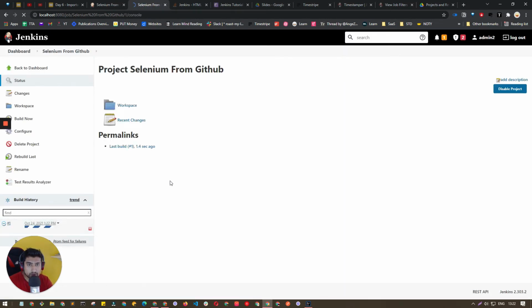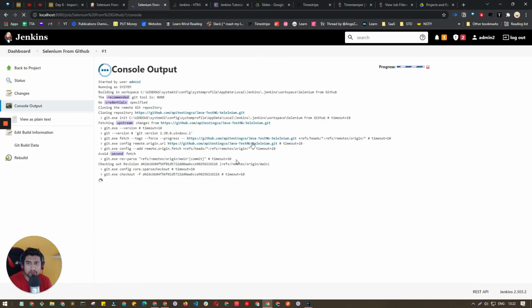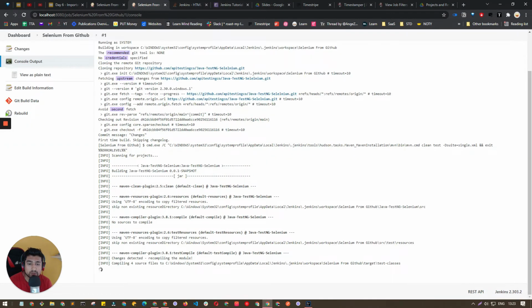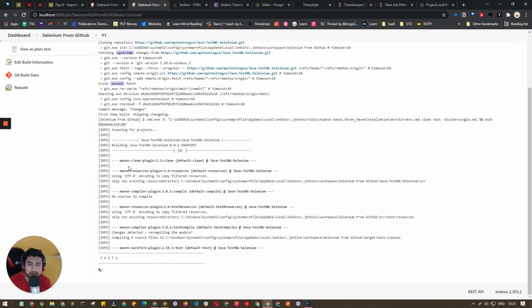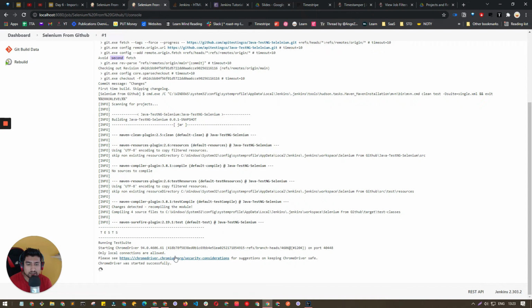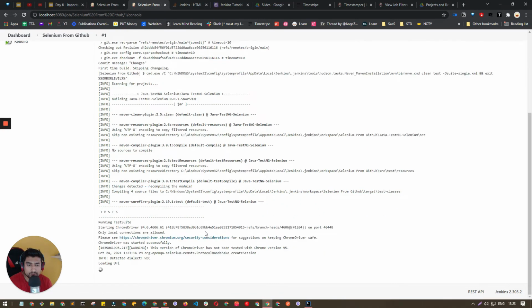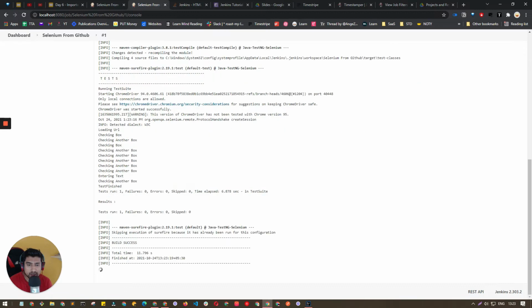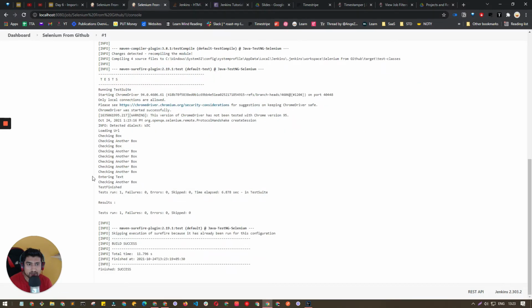Okay, so now it's basically going to download from this repository. So we don't have to map local servers or anything like this. Now our code is getting fetched directly from the GitHub repo, and now it is running the test suite, loading the URL. I think it's working fine. It's doing it behind the scenes and the build is a success and everything works fine.